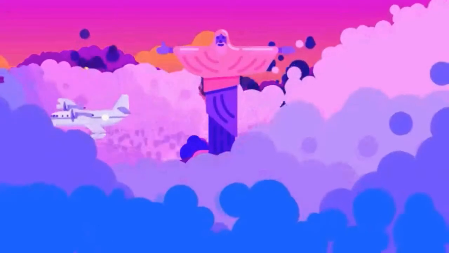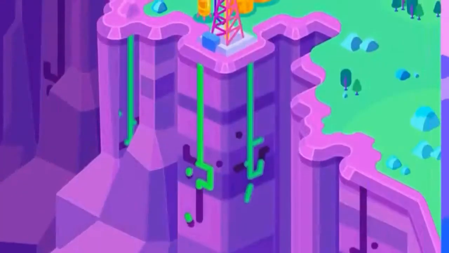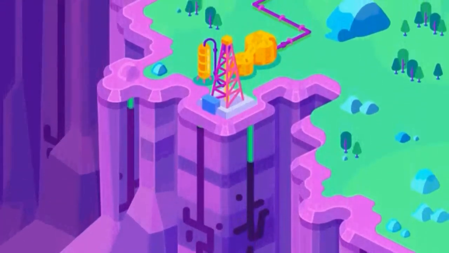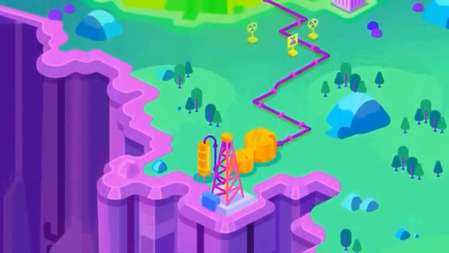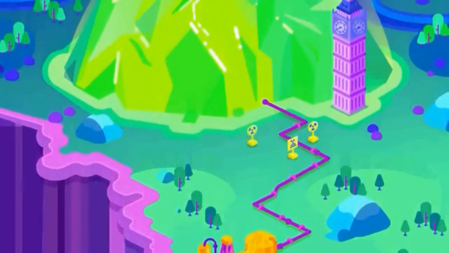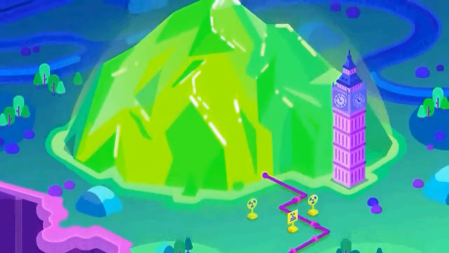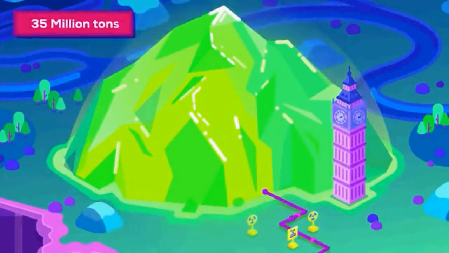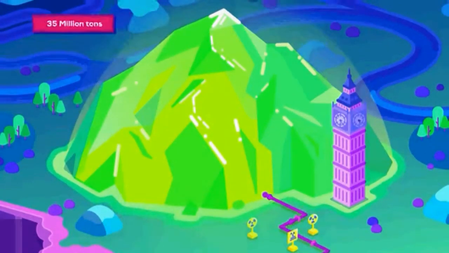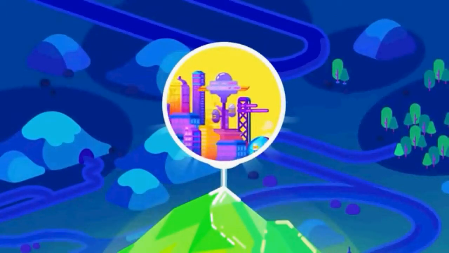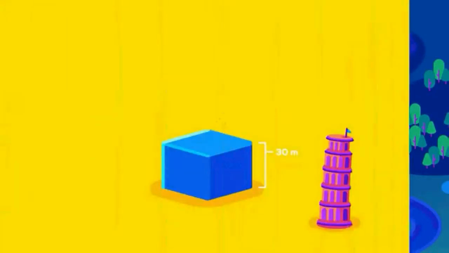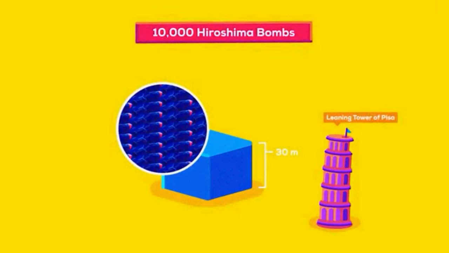Okay, but what if we explode more nuclear weapons? Let's suppose humanity decided to mine every bit of uranium on Earth and build as many nuclear bombs as possible. At current usage, it's estimated that there are around 35 million tons of uranium in Earth's crust, enough to power human civilization for over 2,000 years, or to build millions of nuclear warheads.